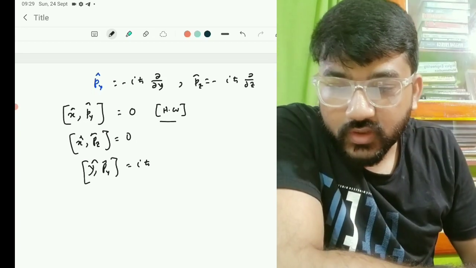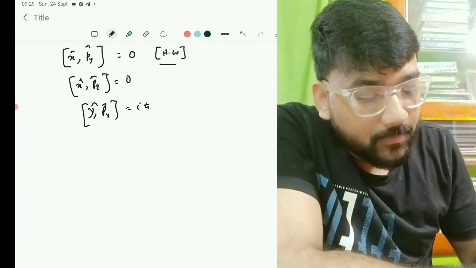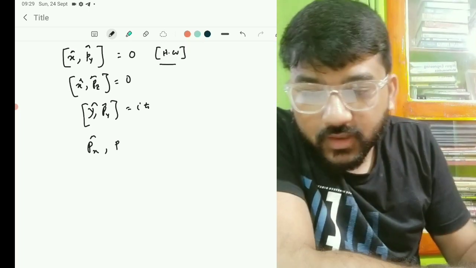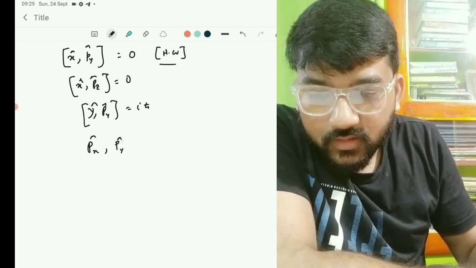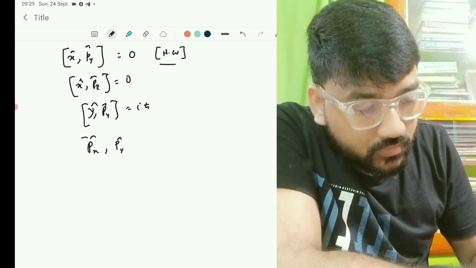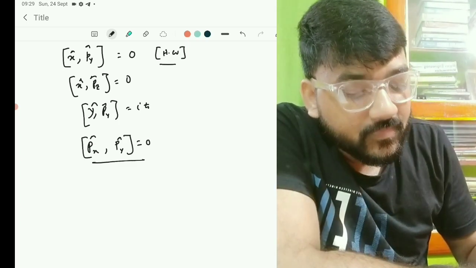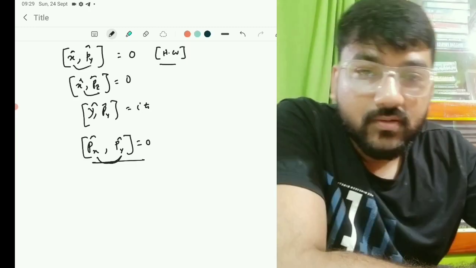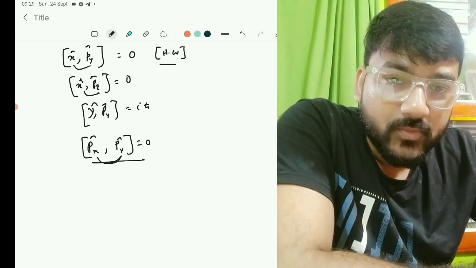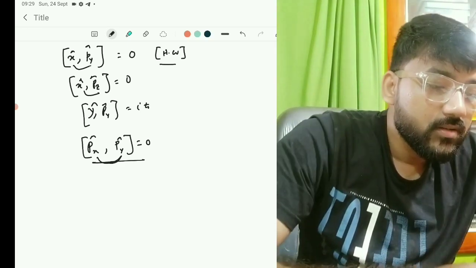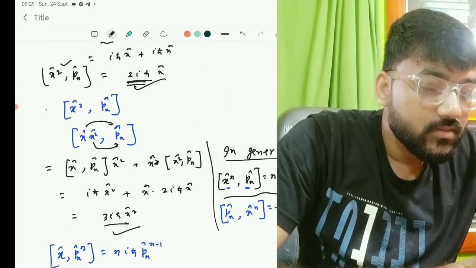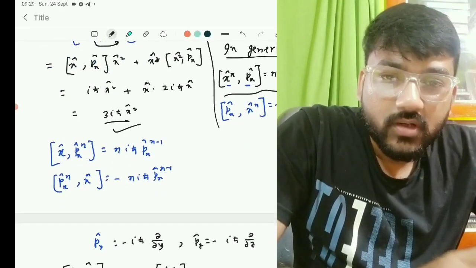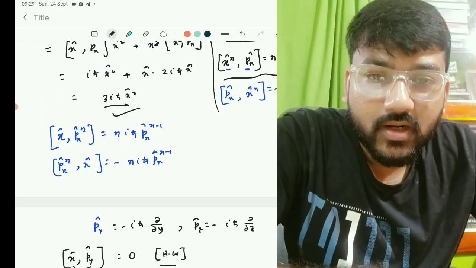And one more thing you should remember, that if you have px with py, this will also give you 0 result. So when these two are different, then you will get 0 result always. So they will commute with each other. So you should remember these kinds of commutation relations. Okay. In the next class we will discuss some more commutation relations for angular momentum also, some ladder operator and